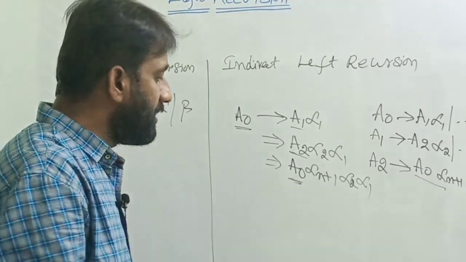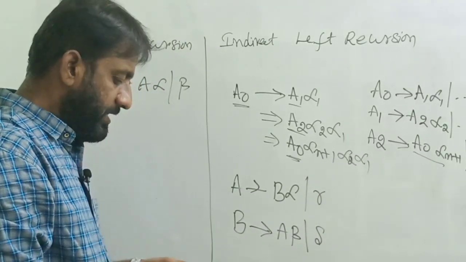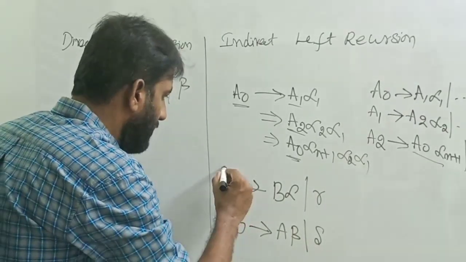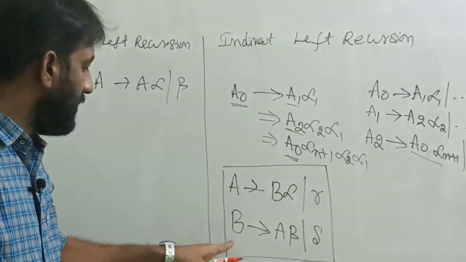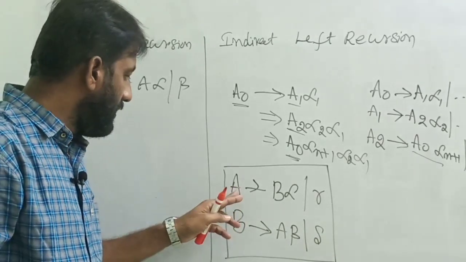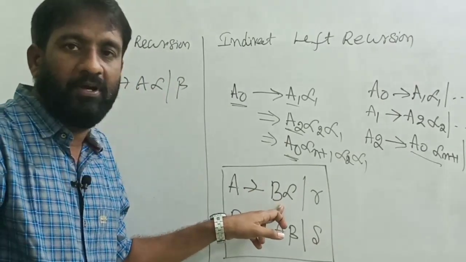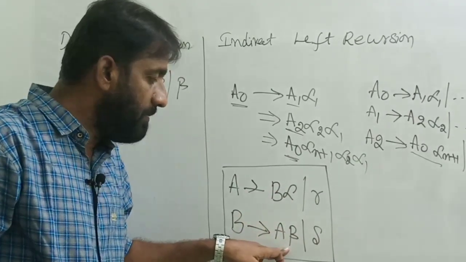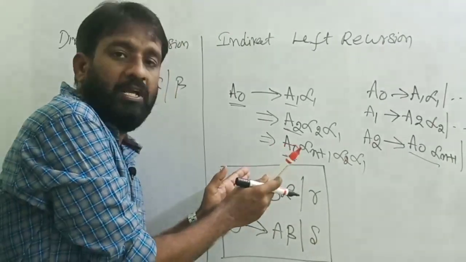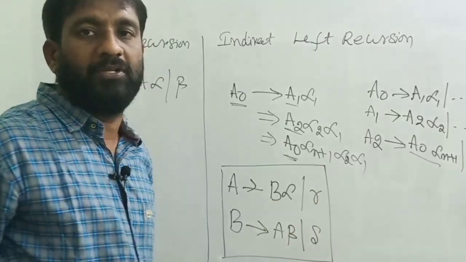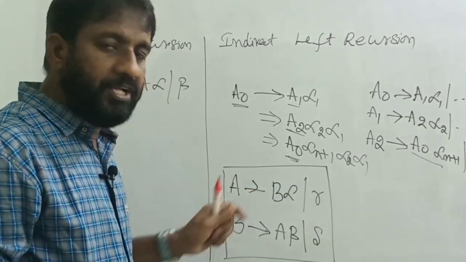Okay, we can write the generalized form of the indirect left recursion. A and B are the variables in the grammar. A is a LHS part, B is a LHS part. So A tends to B alpha. Now B can be replaced with A beta, so that A, the LHS, appears again as the leftmost symbol in the RHS part. This is the best example for the generalized form of the indirect left recursion.